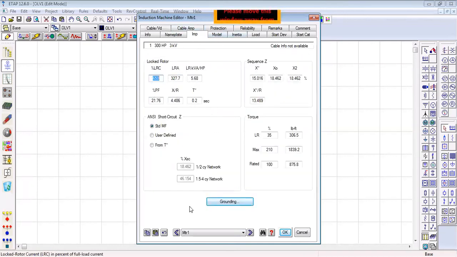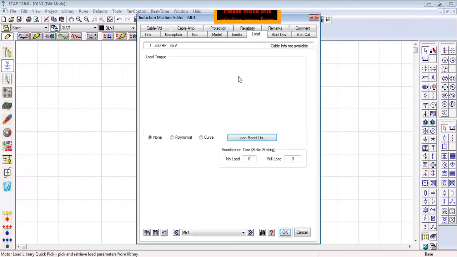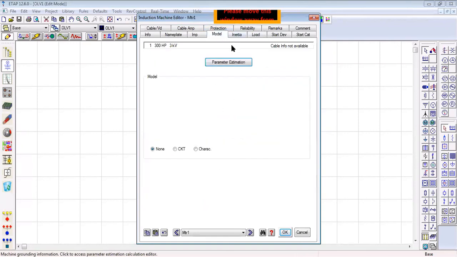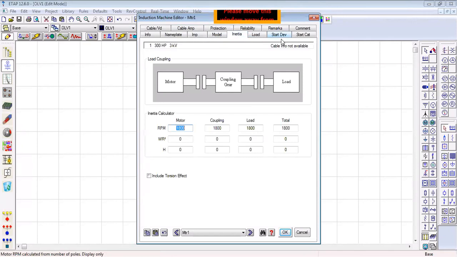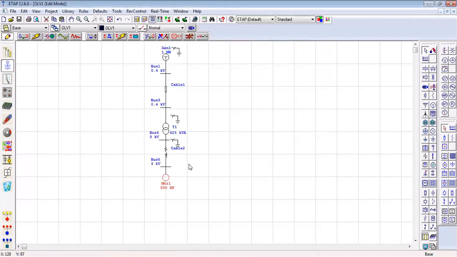Let's see, impedance values are there. Loading, model, inertia, and just press OK. Okay, now we only need this much. So this will be our single line diagram. Okay, and now we have to apply the load flow analysis on it.